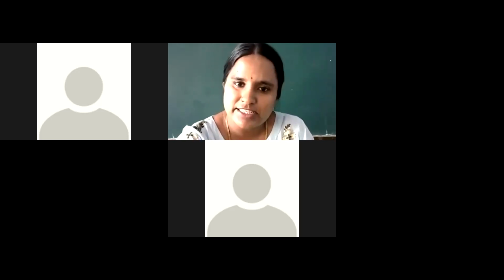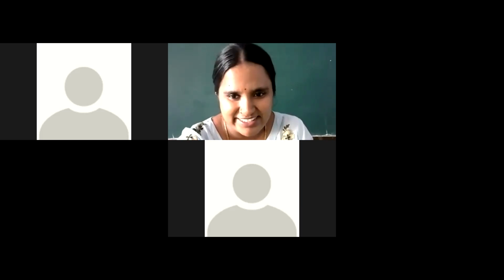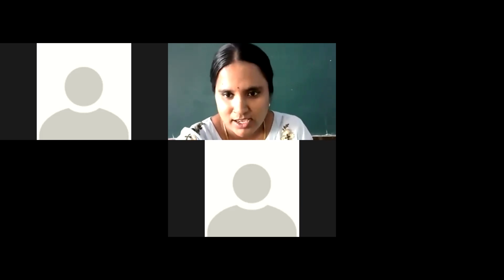So the figure which has 4 sides is called a quadrilateral. So that is what I have asked. I have asked for an example of a quadrilateral. So there are many quadrilaterals.